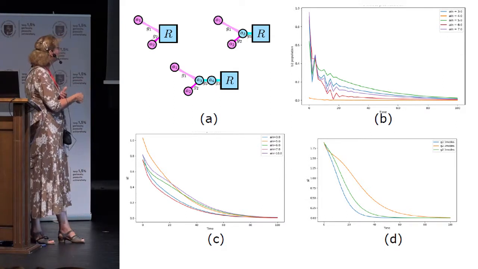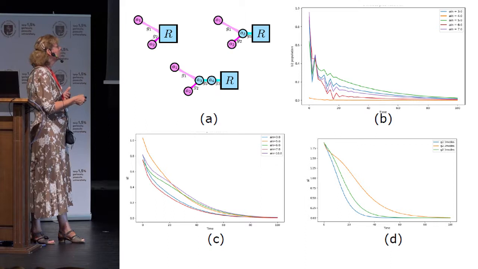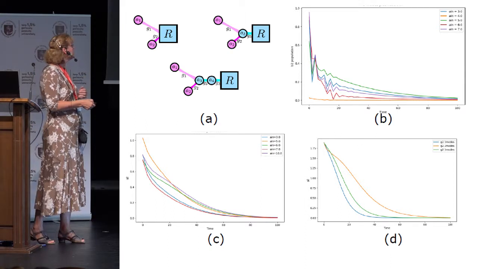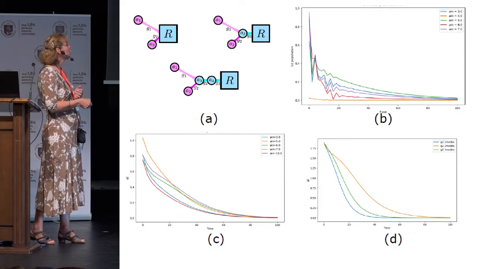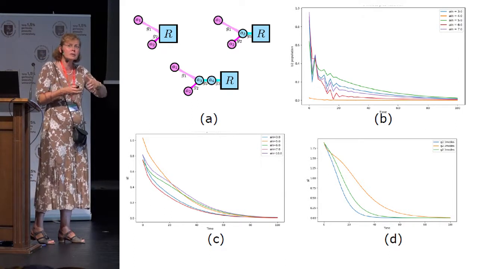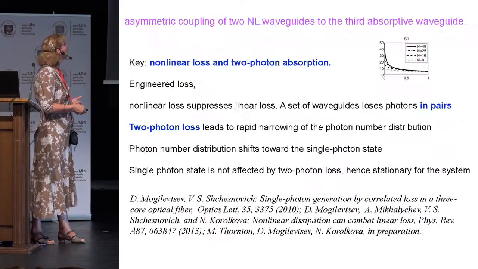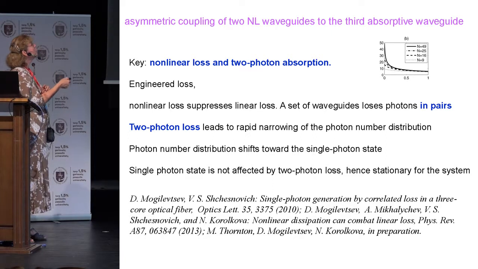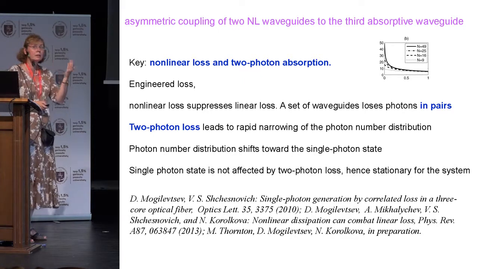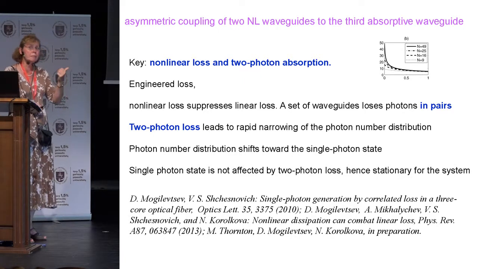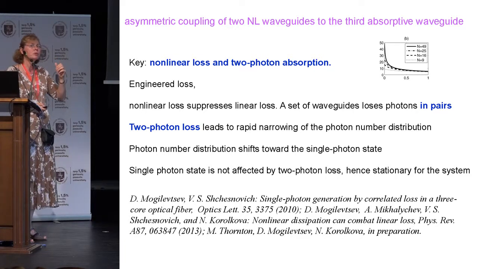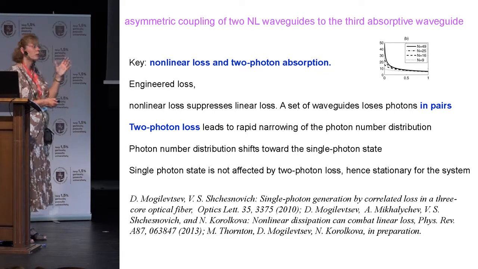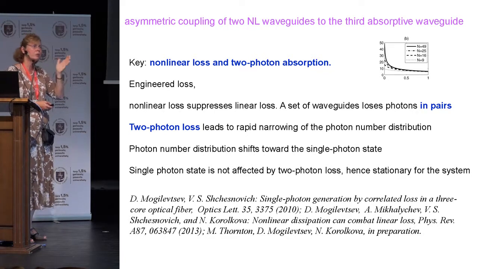And we can see the behavior of the G2 function. This graph is maybe not necessarily something to go into in too much detail, but it's showing how well our approximate system emulates what we want it to be. And it all works nicely. The summary for this part is that coupling two nonlinear waveguides to the absorptive waveguide allows me to have such behavior in the collective mode, which means I have a deterministic few-photon source with sub-Poissonian statistics. Ideally, it could be a single photon if I find a system which has high nonlinearity and low loss.